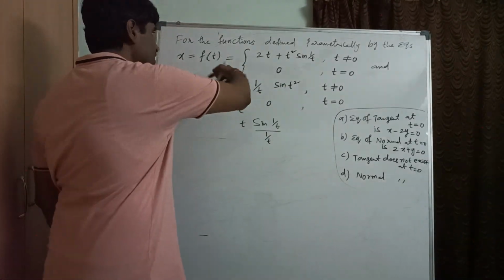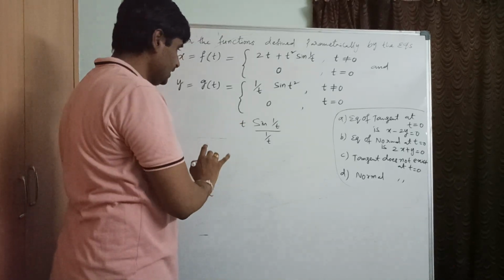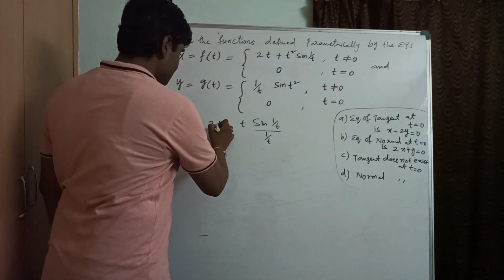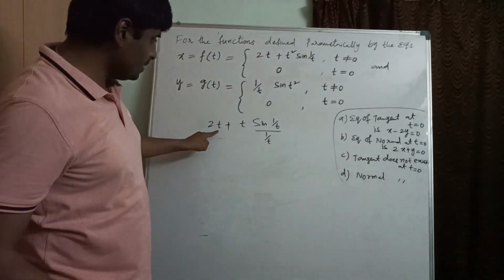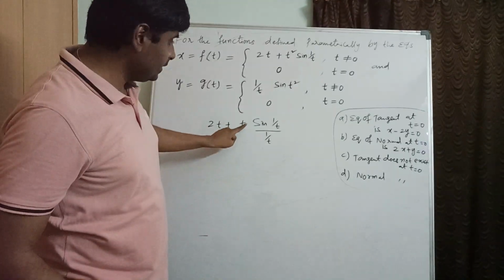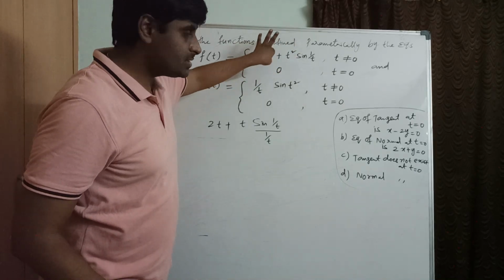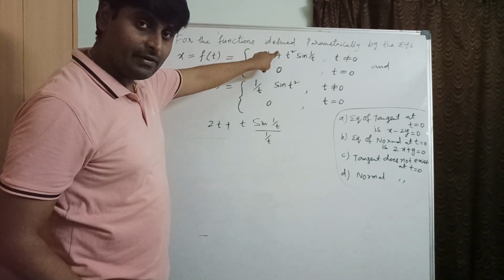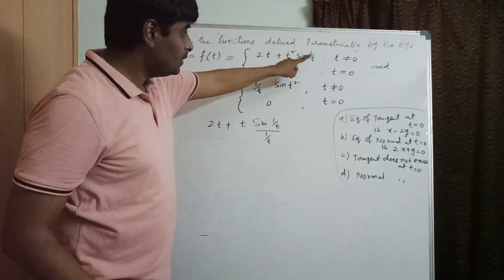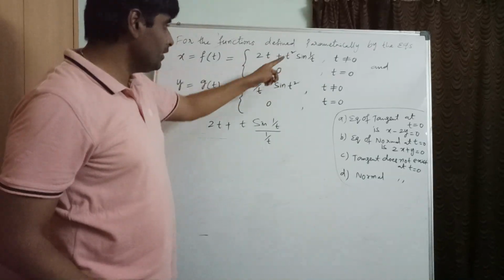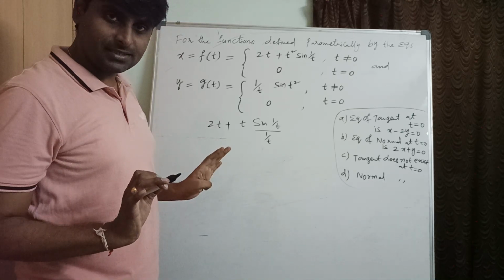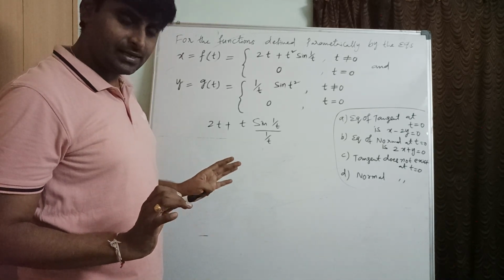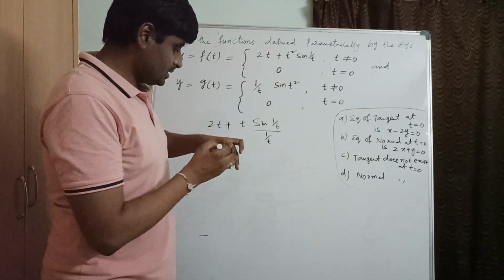So this function is continuous, obviously, right? Because 2t plus this one. If you apply limit t tends to 0, this will become 0. And this also 0, and everything 0. So here we are getting 0 for limiting value. Function value is 0 already. Limiting value also we got as 0. So this is continuous. LHL equal to RHL. Limiting value equal function value. Clear? So now let us check here also.